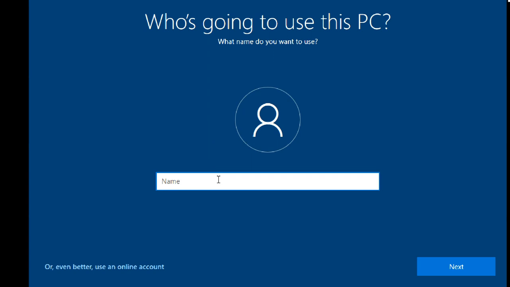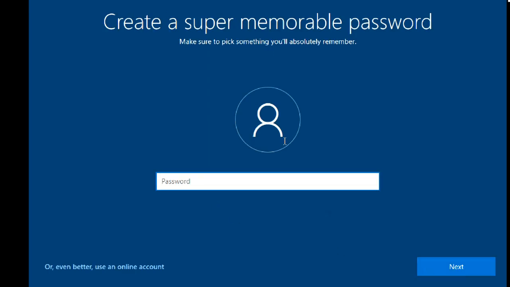Okay, who is going to use this PC? I am putting the name student one. The account name is student one. Next, create a super memorable password. So put a password for this one.